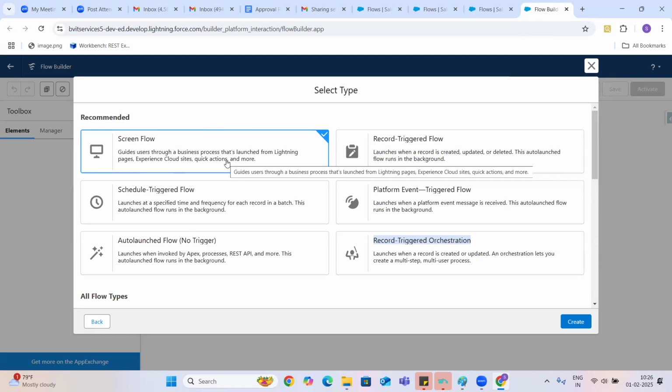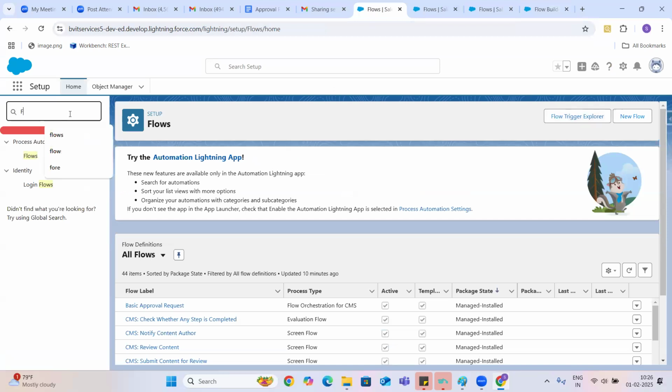Experience Cloud sites are something like this: people who want to access some functionality but are not Salesforce license users. We create some sites for them, guys. This is something like third party sites. They don't log into Salesforce, but they have their own site and they use those sites. In Salesforce, we have the community portal user license, right? Because that is a cheaper license. If we see our company information,